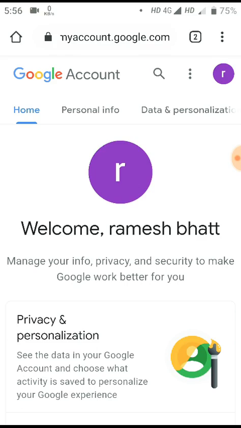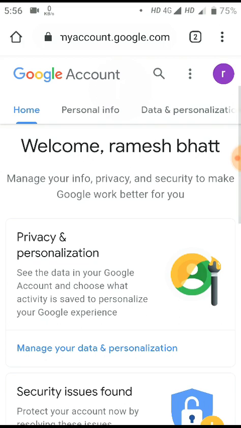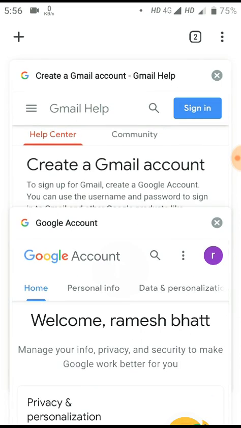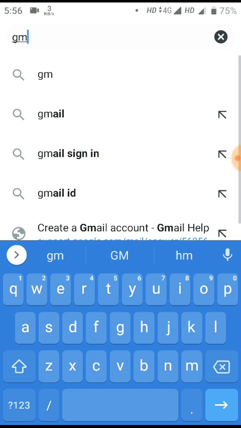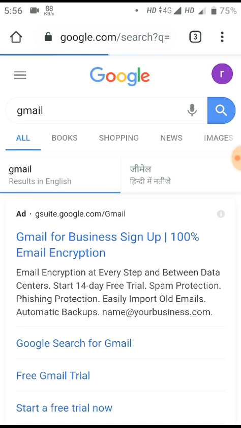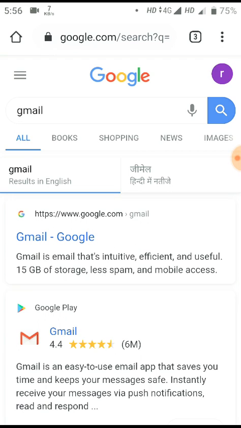If I want to check my Gmail ID, I can go to a new tab and write Gmail. It is already existing here. So this is the account that I created. You can use it anywhere.